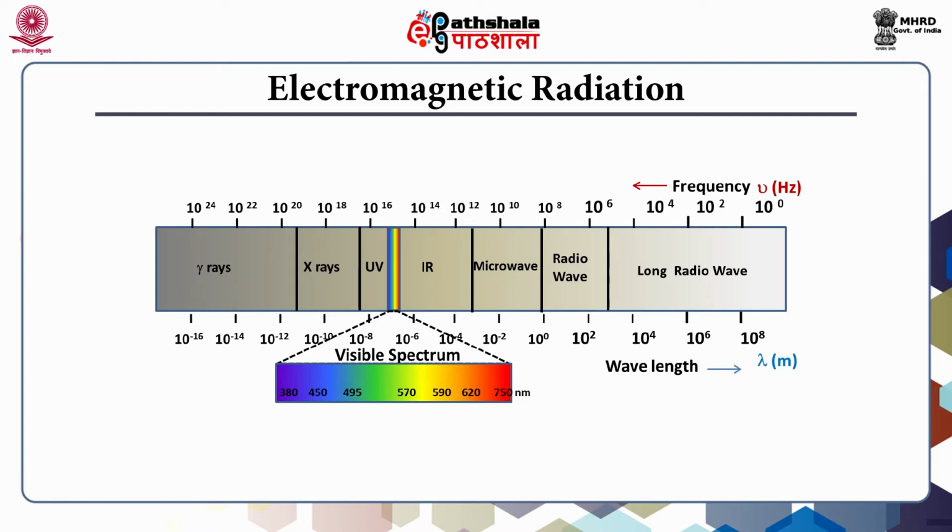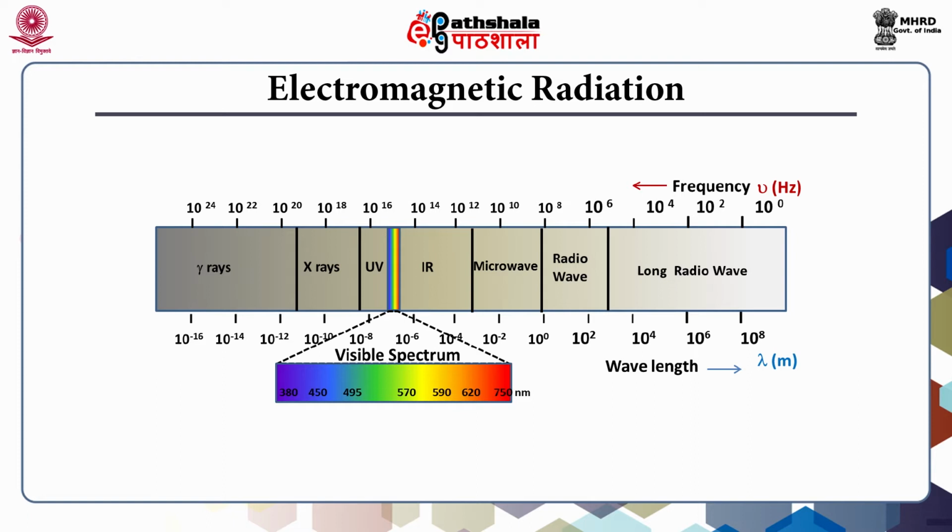These include radio waves with a wavelength range from 0.5 meter to higher values, microwaves with a wavelength from 0.3 millimeter to 0.5 meter, far infrared with wavelength from 50 to 300 micrometer, mid-infrared with wavelength from 2.5 to 50 micrometer, that is 2500 nanometer to 50,000 nanometer, near infrared with wavelength from 0.8 to 2.5 micrometer, that is 800 nanometer to 2500 nanometer,